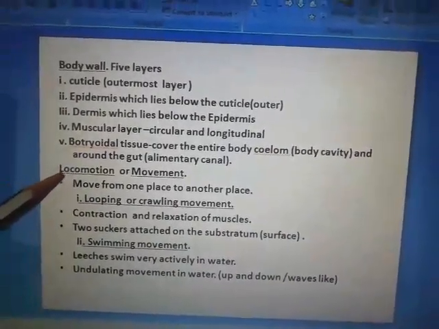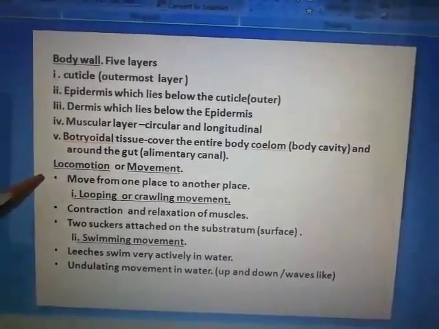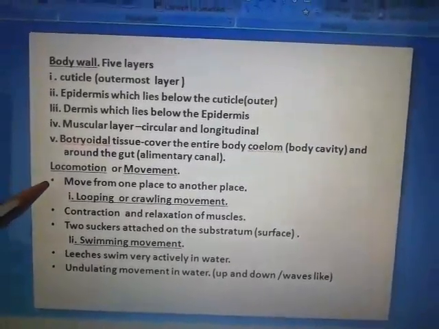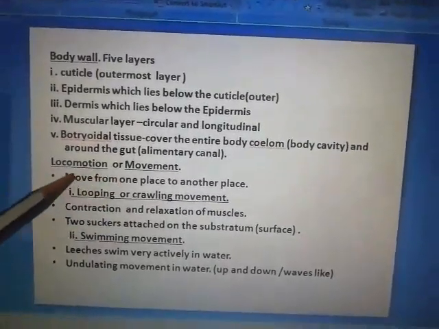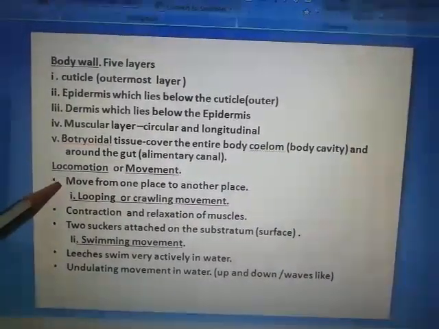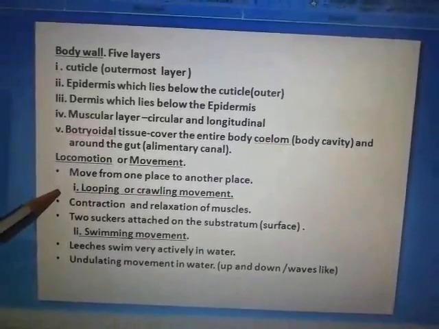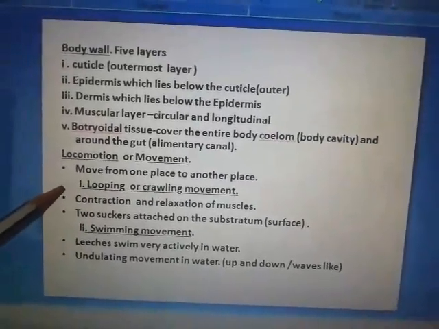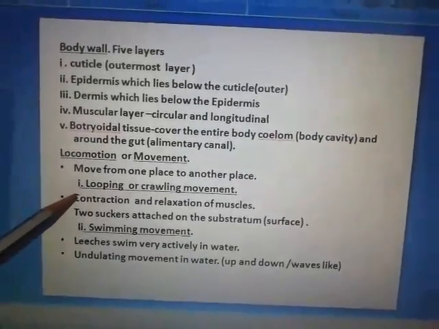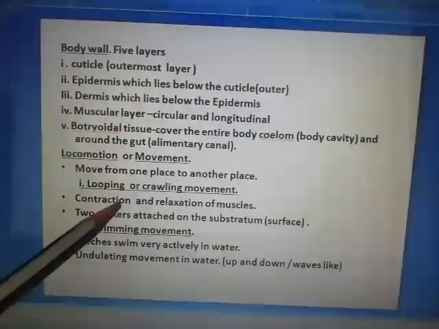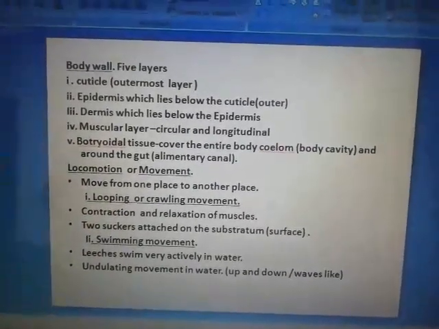Next is locomotion. Locomotion or movement means that the animal moves from one place to another place for food and shelter. There are 2 types of locomotion in leech. First one is looping movement or crawling movement. Looping movement means